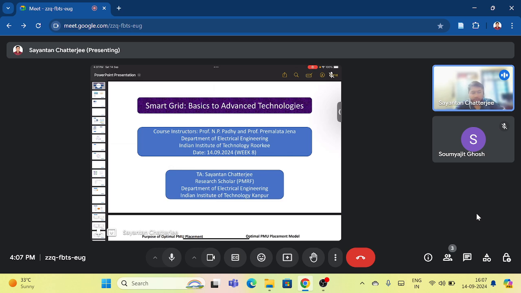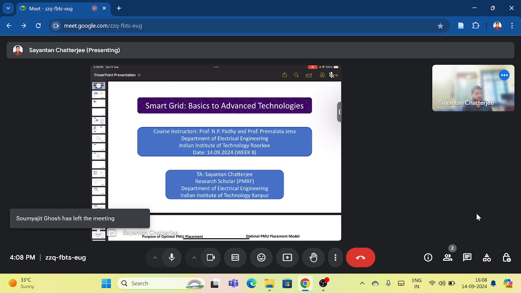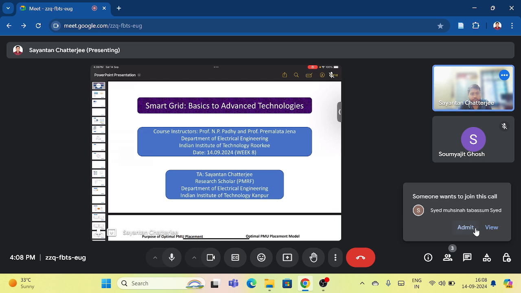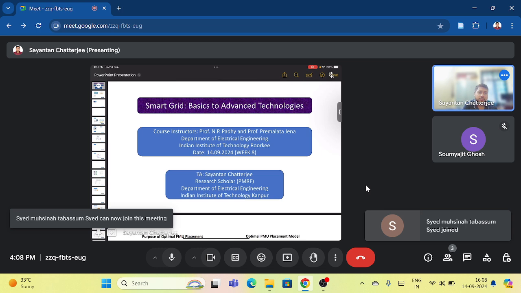So we can start today's discussion, which is mainly focused on major points like how the metering distribution should be done in the smart grid scenario, and thereafter we will be having cyber resiliency of the smart grids, and after that we can have a brief discussion about the virtual inertia of the system,